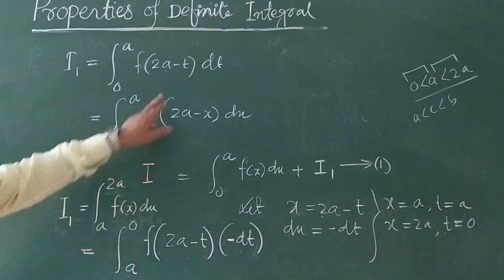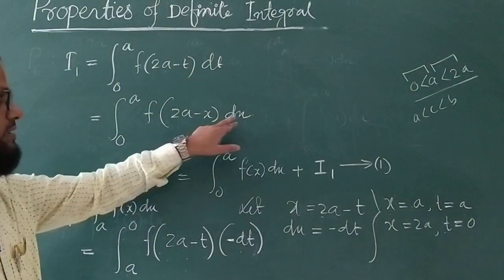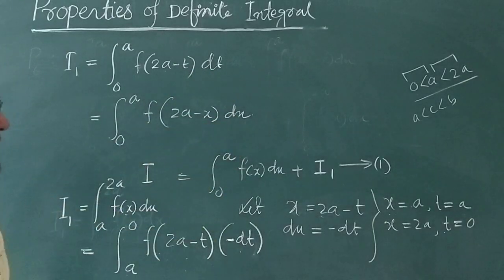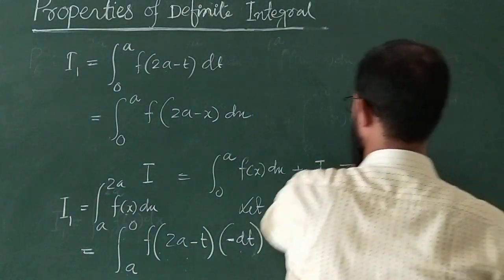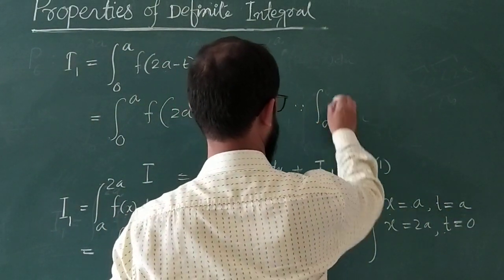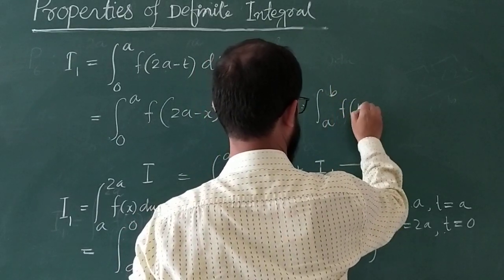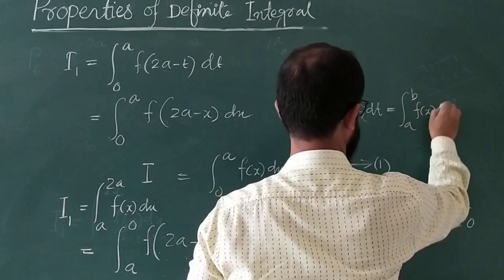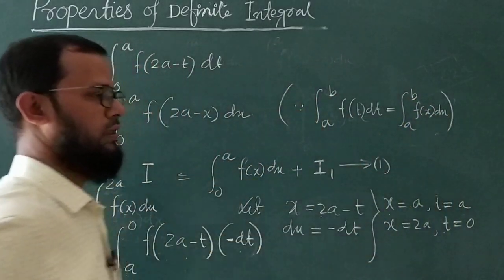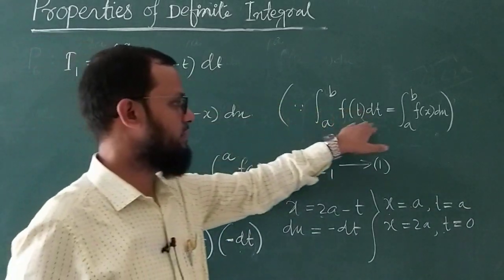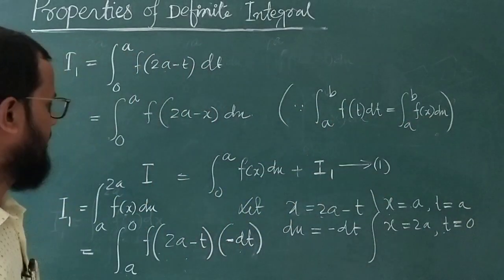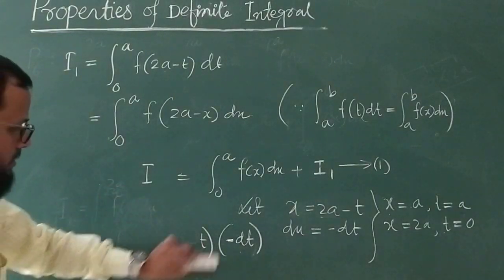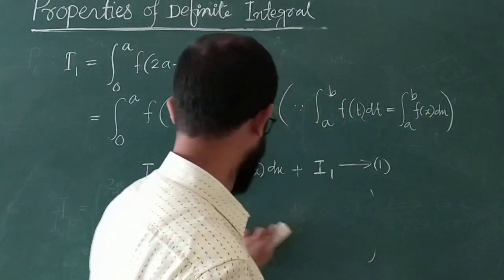So t can be replaced by x, and this dt can be replaced by dx. What is the property? Integration a to b ft dt can be written as integration a to b fx dx. You can mention this property also. So the function related to t can be converted into a function related to x by using the property. Clear? So if you replace this value in relation number 1, therefore 1 implies